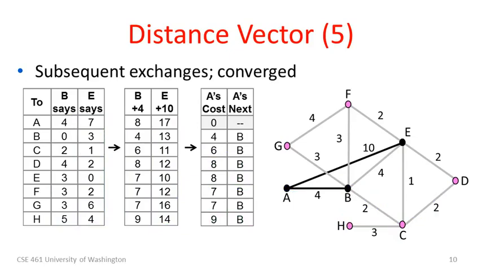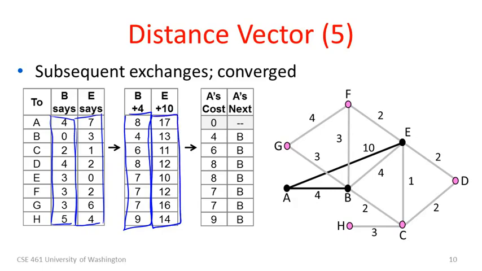Okay, and finally here's another iteration, and you find actually that everything is converged. B and E are going to send slightly different information here. They now know their best 3-hop routes. They're going to send that to A. Again, I've gone through and added the 4, and you can work through this table by yourself. And you find if I take all of the minimums, I will get all of the entries I had before,